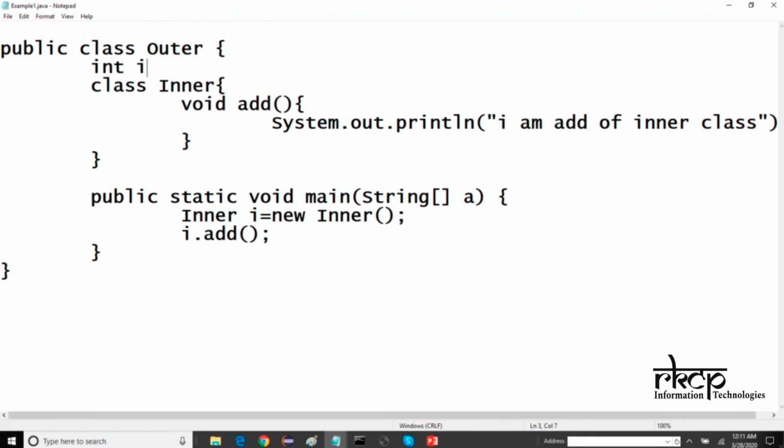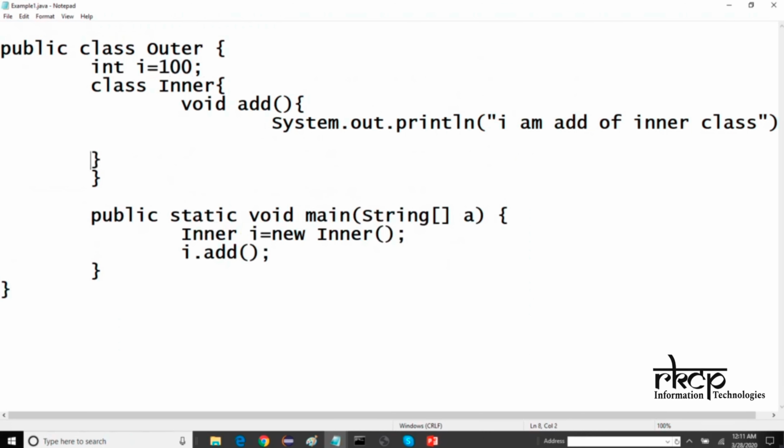But if you have any variable or method inside the outer class, like suppose here I'm using int I equal to 100, and I want to use this value inside my inner class, suppose I want to print it here using System.out.println, "value of I is," and then I. That variable is inside the outer class, but I want to use it inside inner. Yes, you can use it. If I execute this program,